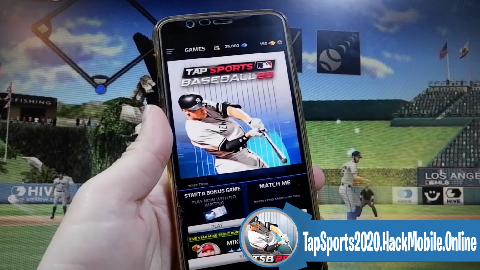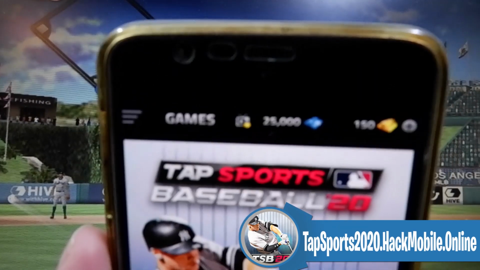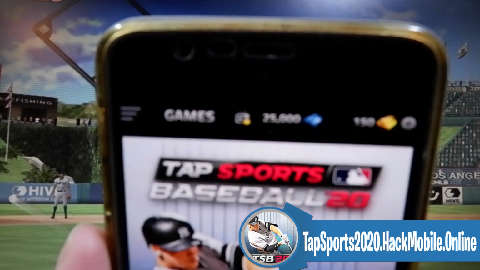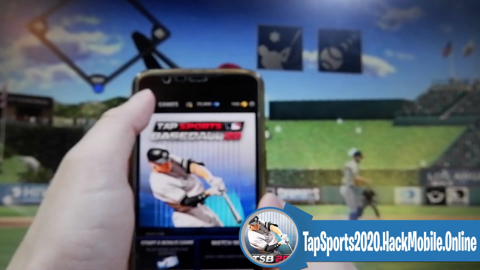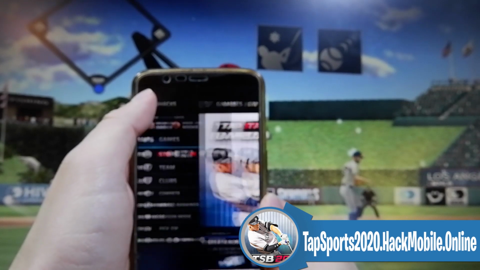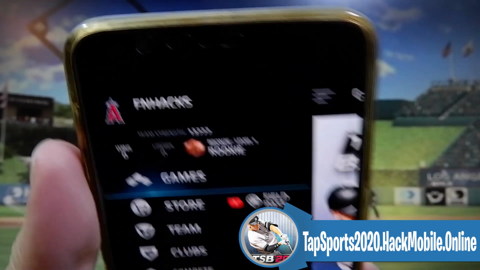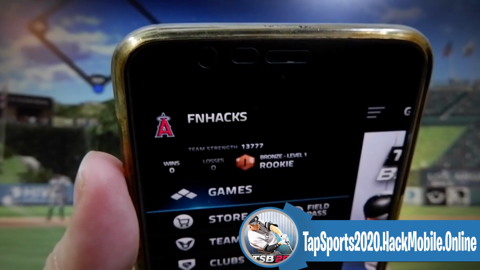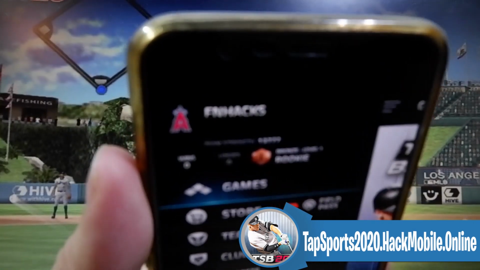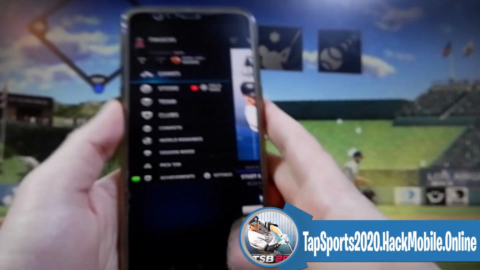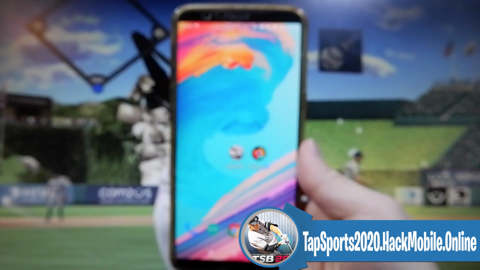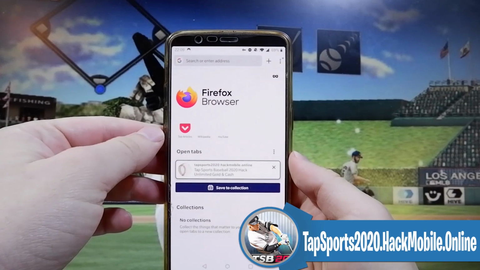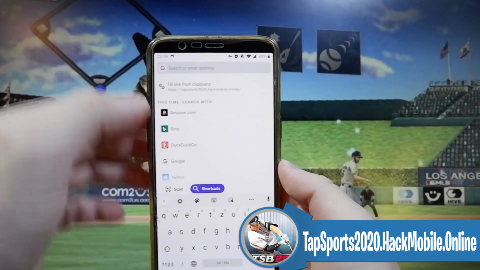So if you see here, firstly, I have 25,000 cash and only a very little gold, but that's gonna change really soon. If you see here, this is my username and I'm gonna be using it to get the free gold and the free cash in my game. But you need to get your very own username to get the gold and the cash in your own game. Alright, so now close the game, open your browser and then go to this website, which is